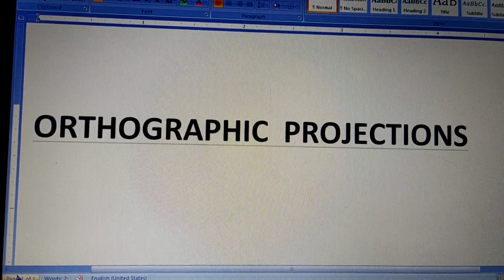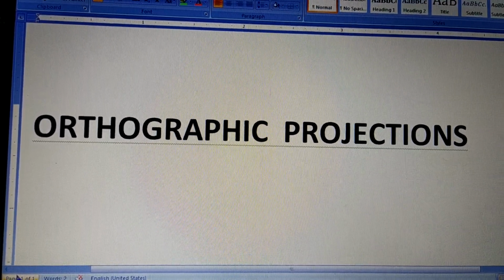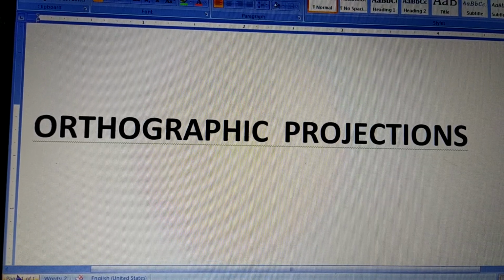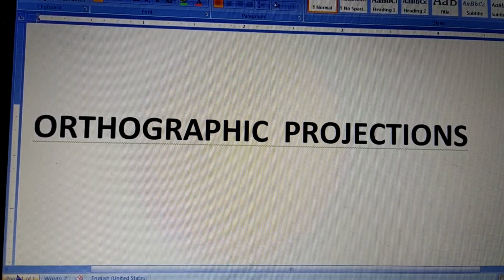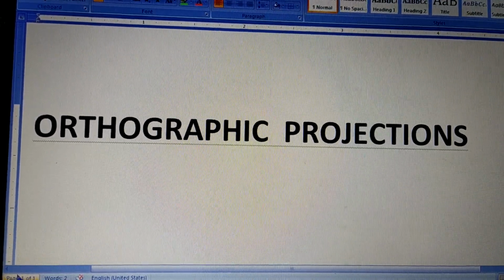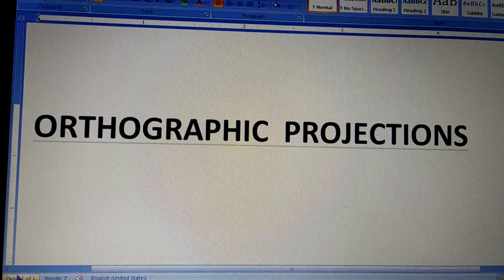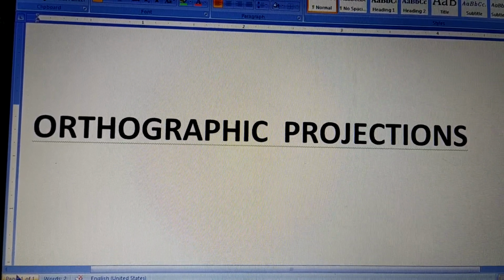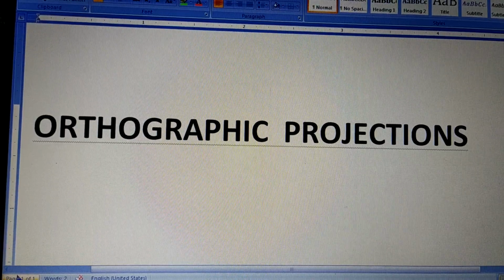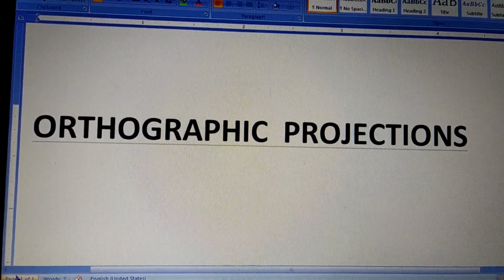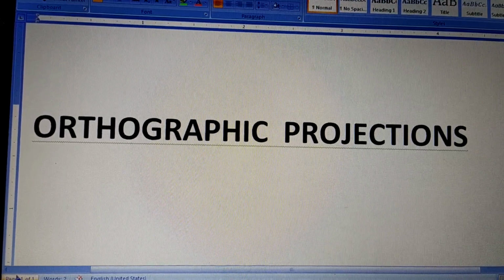So last time we took some simple examples from the book and we learned how this is done. Now the same thing we will continue further by taking slightly more complex objects. Last time all the objects did not have any dimensions. So we learned just to visualize the objects, which surfaces of the object are visible, which are not visible, and so on.